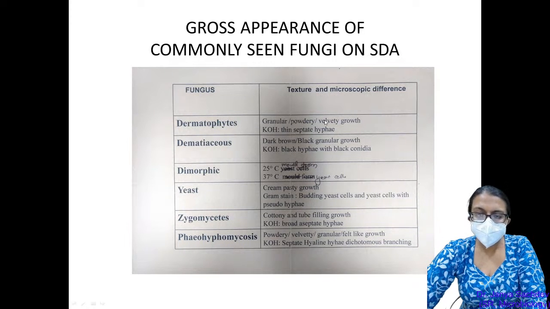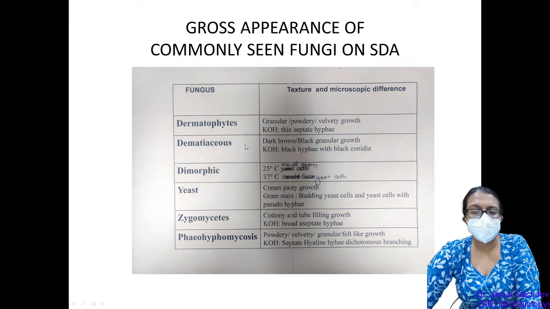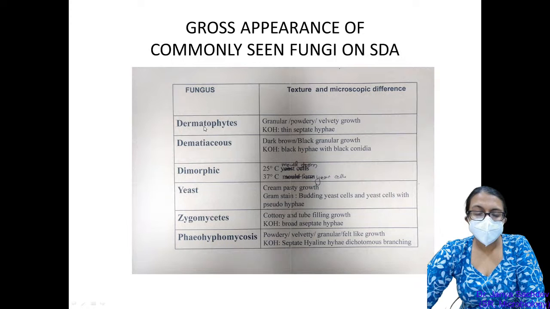So that's the most common we see, but you can see powdery or yellowish green pigmented, any other kind of growth. Dermatophytes vary widely. Dematiaceous fungi will usually be a granular kind of growth, and they'll have a very dark brown or black pigment. And the hyphae will also show pigment in KOH. In dermatophytes, the direct mount of KOH will show very thin hyphae which are septate, and they may also show